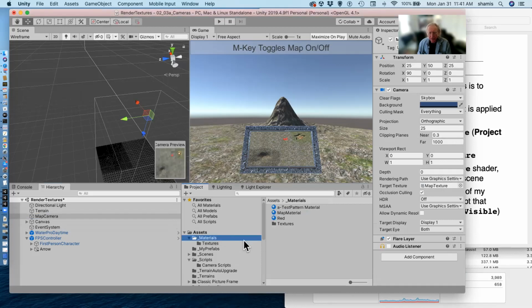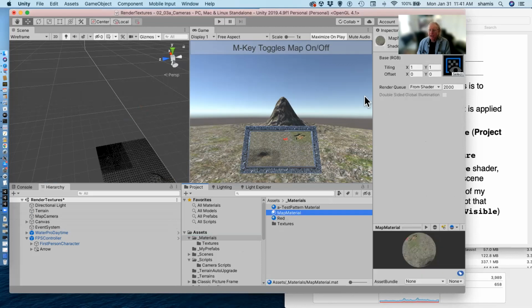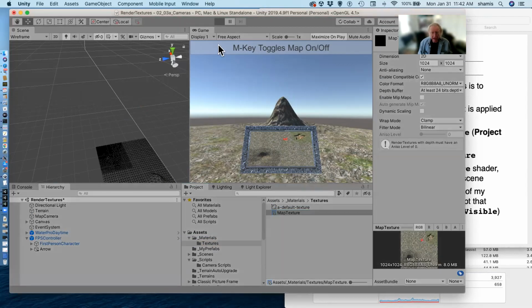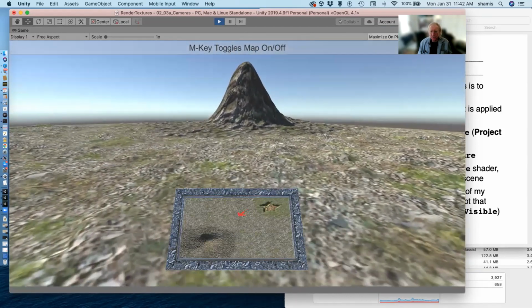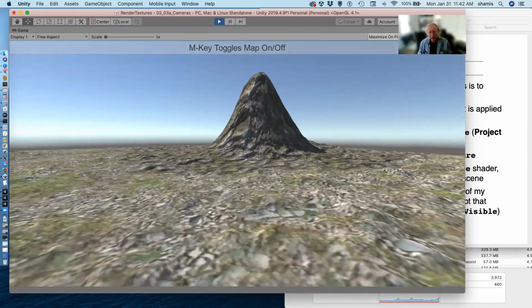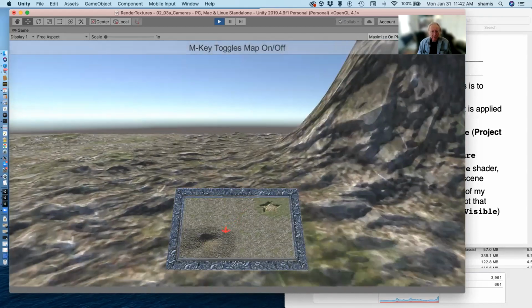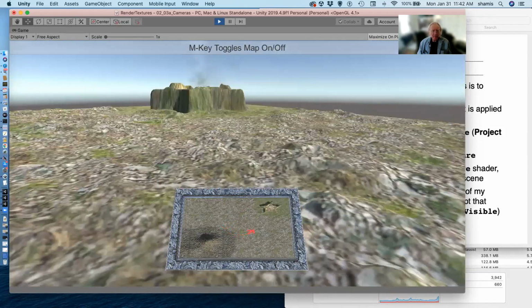Now I have a material, the map material, and it's an unlit texture. We don't want shading and lighting on this thing. We want it to be plain unlit. And it's connected to that map texture that is written to by the camera. And so this physical object, which I have kind of attached to my character, and I can turn it on and off with the M key, this kind of shows me the map of the world, and you can see my little red arrow,